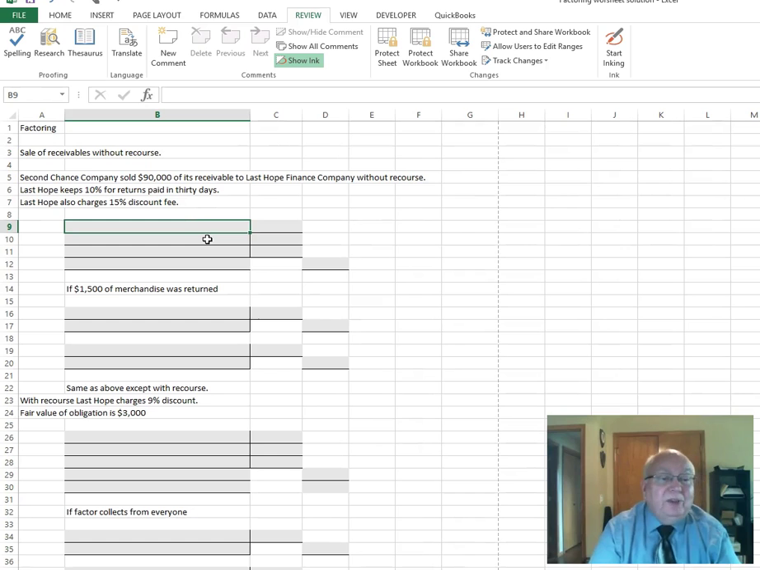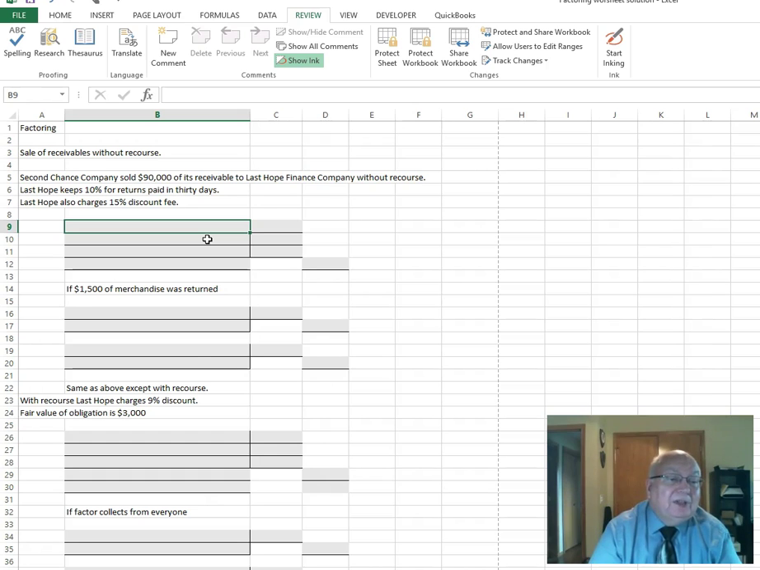You can sell the receivables with recourse and without recourse. Without recourse means that if they don't collect it, that's their problem. And because of that, they also discount it at a heftier rate than what they do if it's with recourse. So the first one is the Second Chance Company sold $90,000 of its receivables to Last Hope Finance Company without